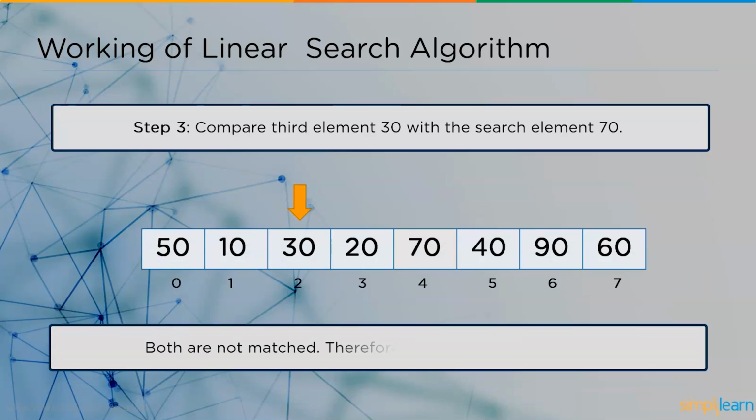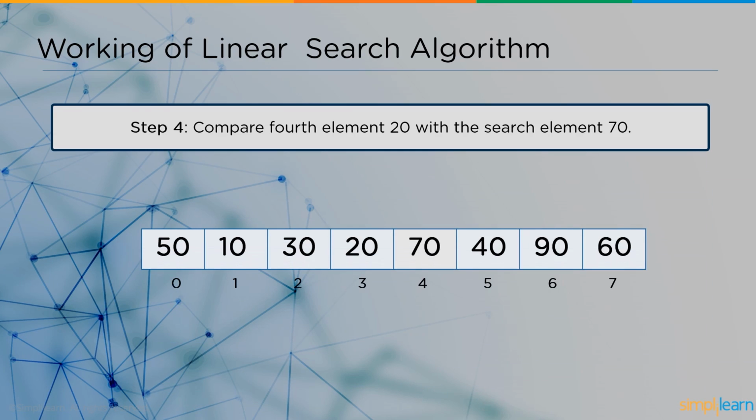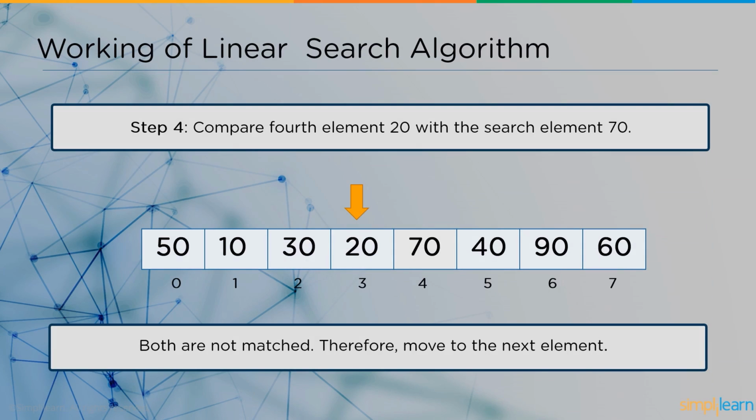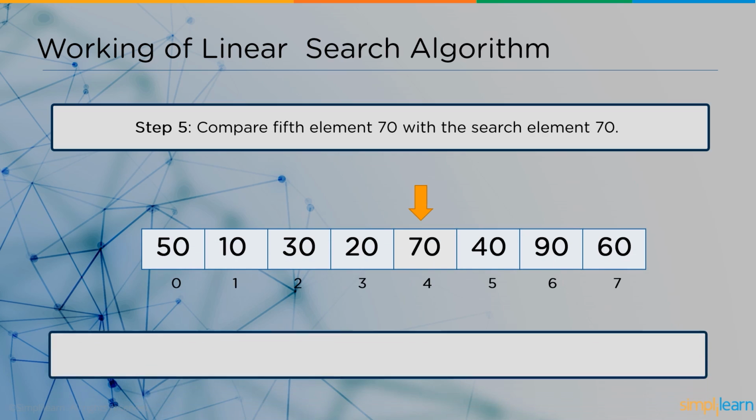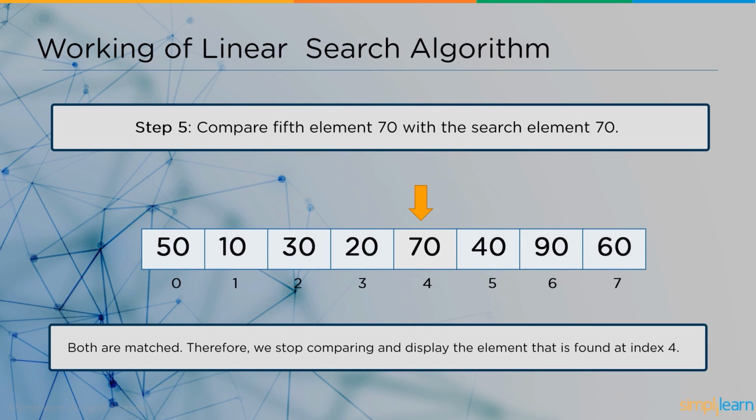Then we have the element 30 as the next comparison, and 70 and 30 do not match. We have the next element, that is 20, in the fourth phase, and there is no match when we compare 20 with 70. Moving on to the following stage, we have the data element 70, and after comparing 70 with the search element, there is a match. We will now have the searching display index as 4, and this index contains the searched element. We now comprehend the pseudocode of the linear search algorithm after learning the working of the linear search algorithm.